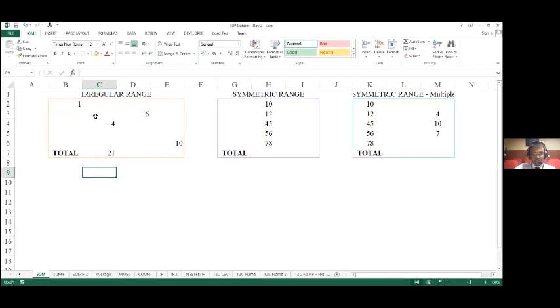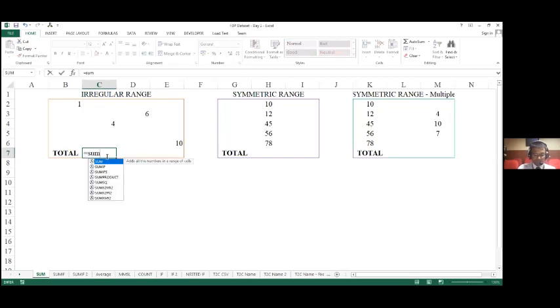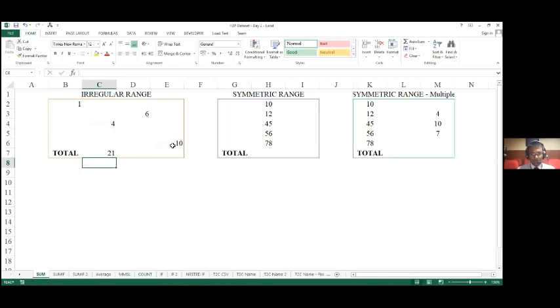Excel has done the summation for me and totaled up. The total is 21. So the total of these four values is 21. I'll repeat this once again for the benefit of those of you who are there online. The syntax is equal to SUM, which is the formula for summation, open bracket, select the values one by one. So here in this case, I want B2, comma, C4, comma, D3, comma, E6, and then close the bracket and press enter. It has given me the output that I desire.